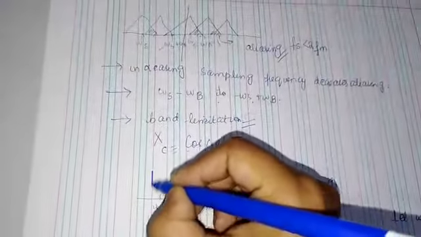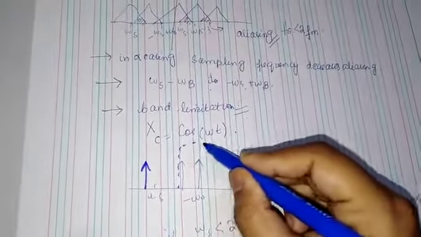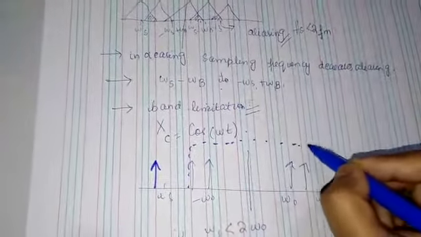Then we apply the low pass filter. And if omega s is less than 2 omega naught, then we notch out this part, and the final signal we get is